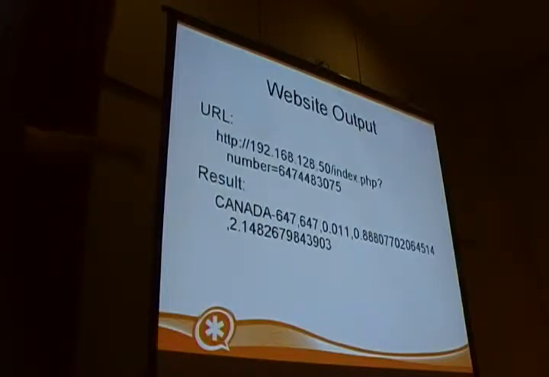The result that I'm getting back off the web server, which just posts to a website, essentially, I could even type this in myself and I would get this back. And in Asterisk this is what it's going to read off the website. So the format here is Canada, 647, and then the area code is 647. The rate is 1.1 cents a minute, and the other two numbers here is just how